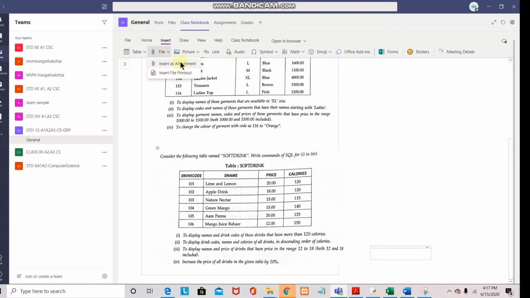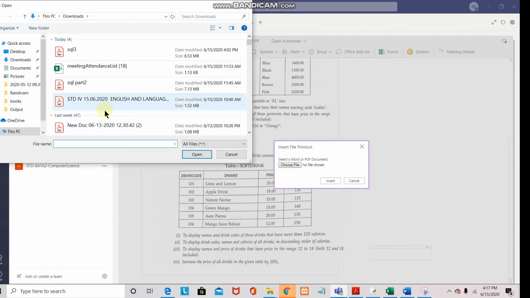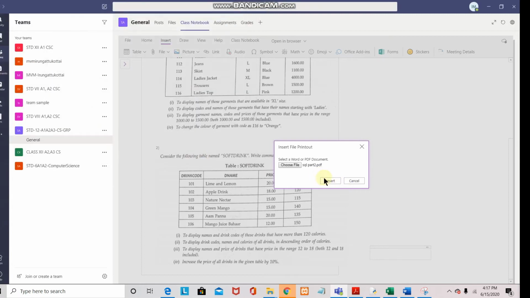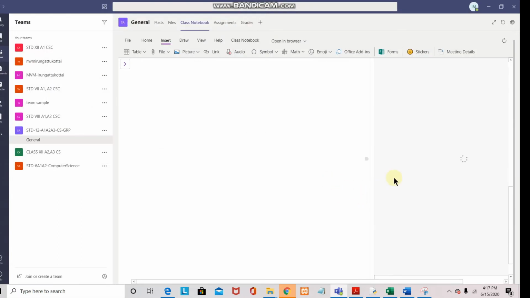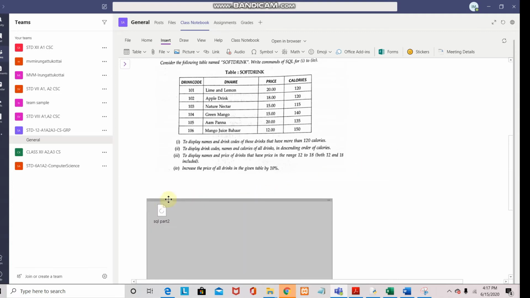Here, insert as printout must be selected. Instead of insert as attachment, insert file printout. If it is selected, you can see the questions on the page itself. If it is an attachment, you have to download and see it. So as a printout, if you are attaching, you can also drag the file and you can place it wherever